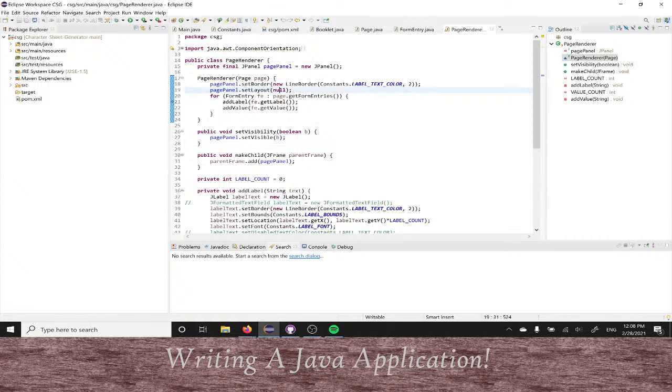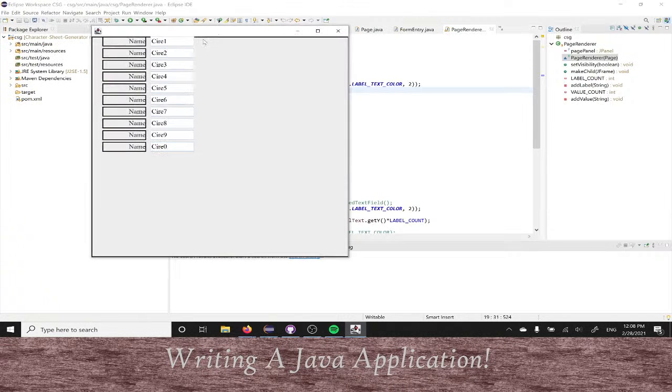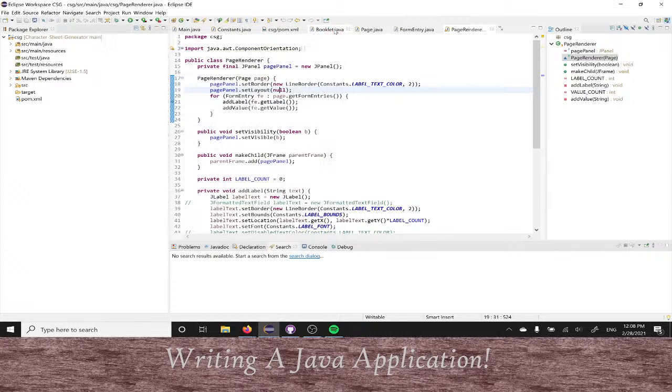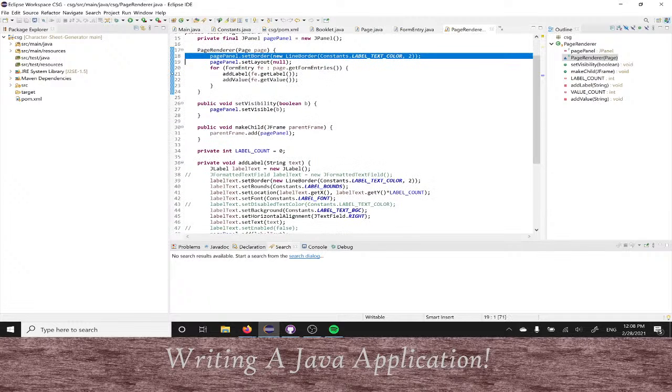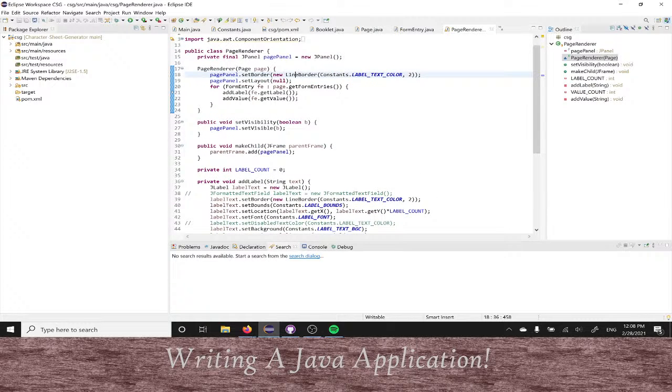It was this set layout. So if we just set that to null, I also added a border around all the components just to help with debugging. So you can see these are all the labels. The labels before didn't have a border around them or anything. The text fields obviously have their own little box so you could tell where they are. And then the JFrame is there. So that was just part of helping with debugging, giving each of these a little border. And you just create a new line border, give it a color, and I just made it 2 as the size. But the main thing that was changed was right here, set layout to null,